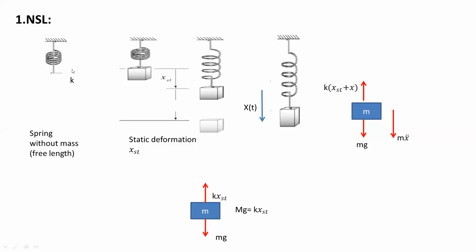So in the syllabus, we will only discuss the single degree of freedom system. Let us see how to calculate the single degree of freedom system and how to get its equation. In the first diagram, I have just taken one spring. It is not deformed, so it is at the free length. Free length means without any deformation. I have connected that spring with one fixed support.